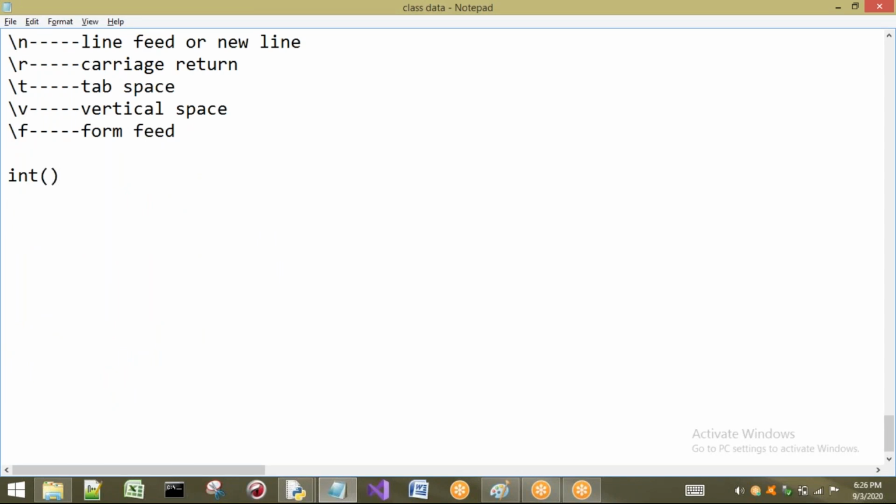So we are having what? int, float, complex, bool, and finally str. These are the different types of functions we have for converting one type to another type. That means if we want to convert anything to int type, I can go for int. Okay. So now let us see.